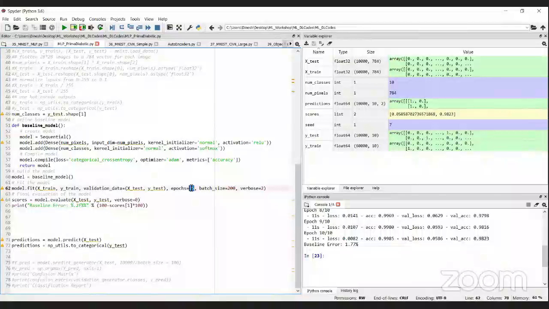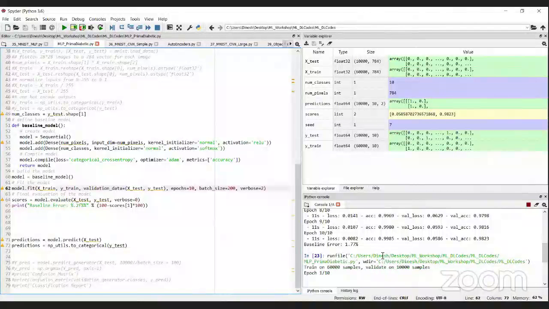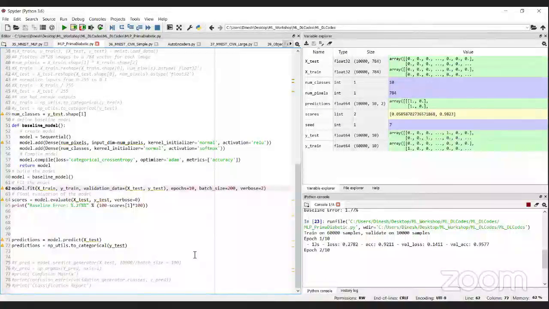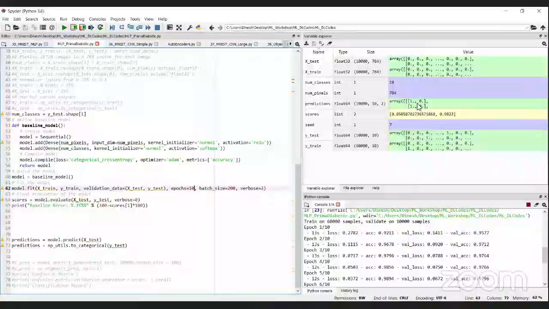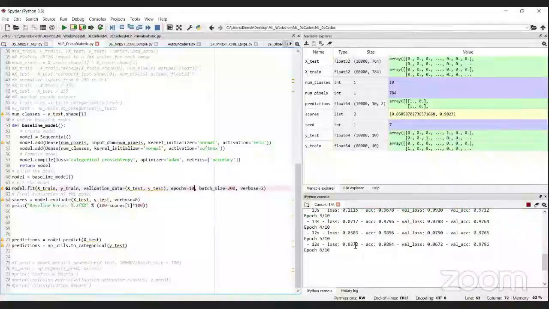Just try to run it. It should be pretty fast. Here also you can see the loss is decreasing, showing that the network is converging.